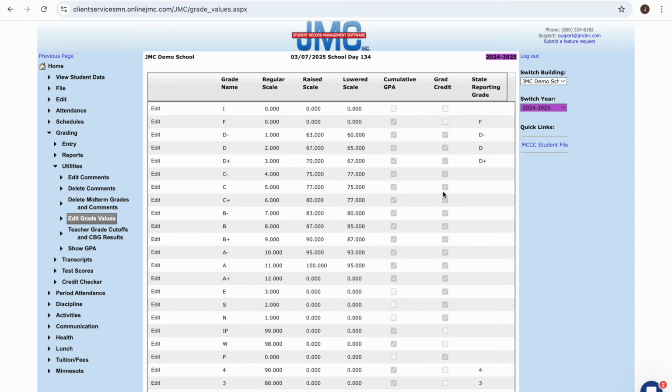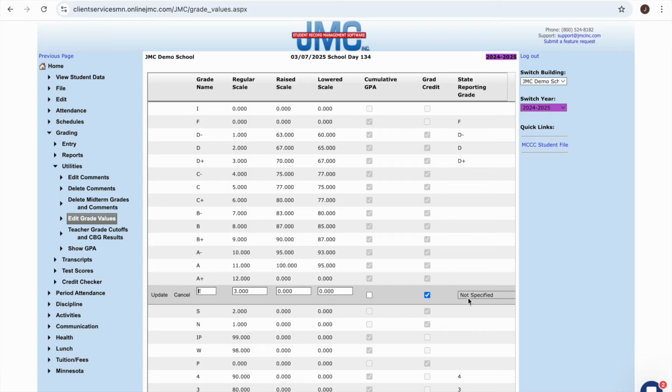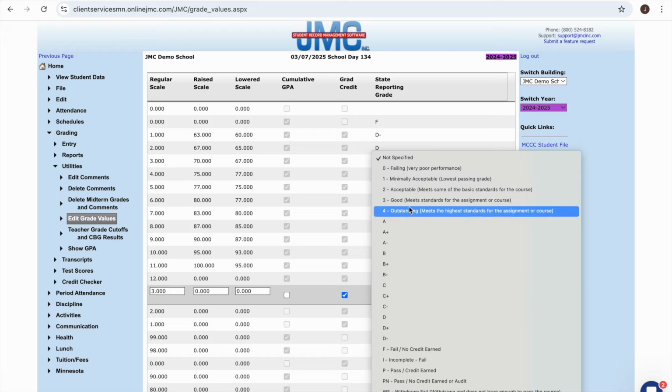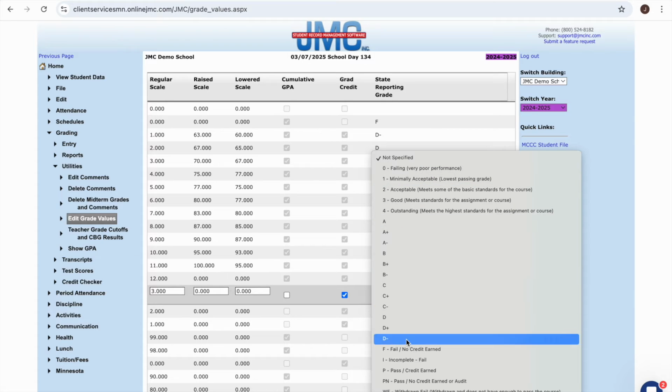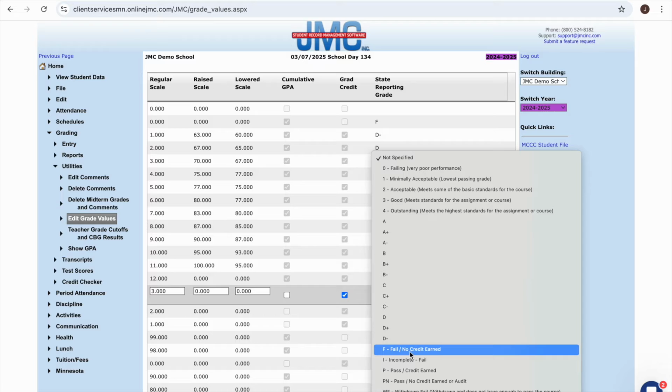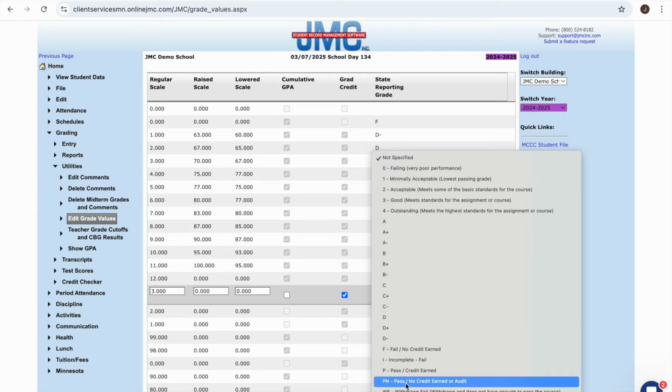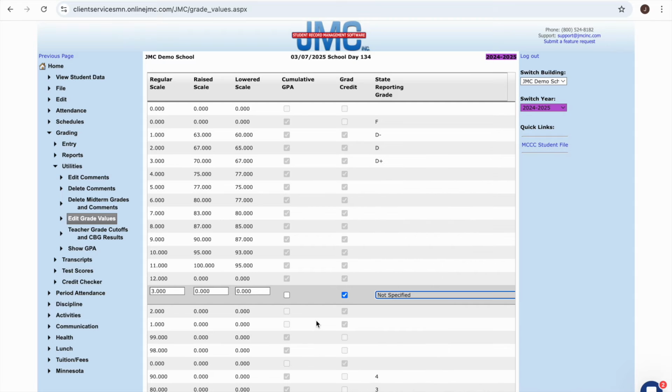If you use a grade scale, so like E, for example, I don't know that the state has an E. So I look through this list and we've got a 0 through 4, an A through D- or an F actually, and then we have an I incomplete, pass, no credit earned with a pass, withdrawn fail, and a withdrawn pass. So it would be up to me